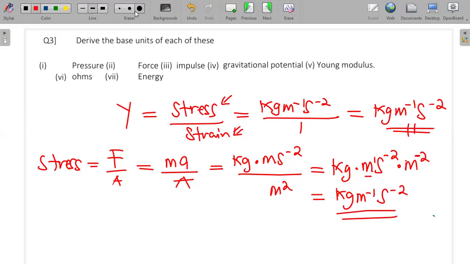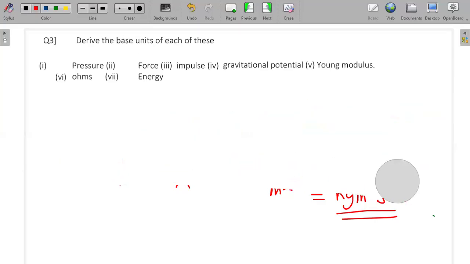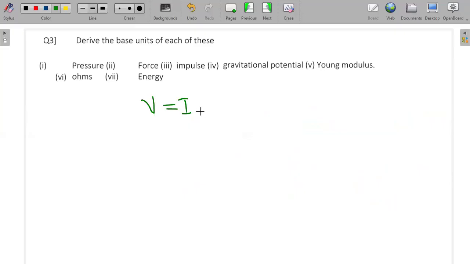All right, let's look at ohms. Okay, we are deriving the base units for the ohm. So we're going to derive that using the formula that relates the resistance, voltage and the current. So remember, when you were in grade 12, you said voltage is equal to current, indicated by I, multiplied by the resistance, right? So we know that ohms are actually units for the resistance. So I'll make resistance the subject here. So resistance is equal to